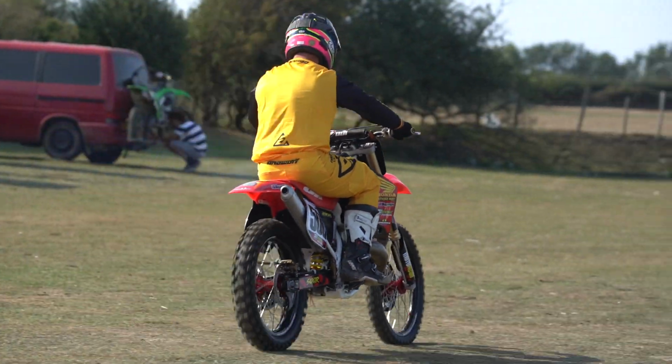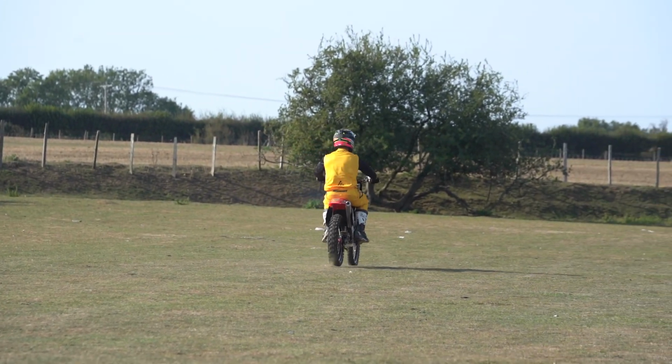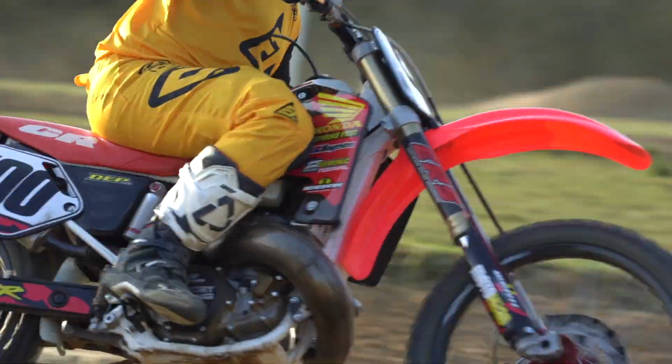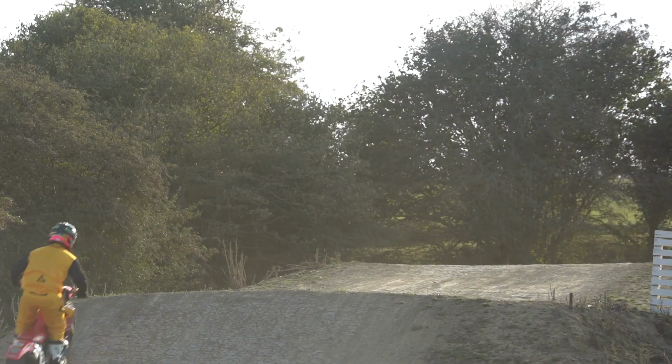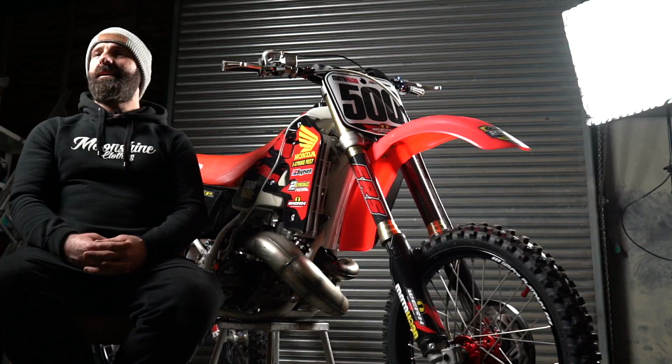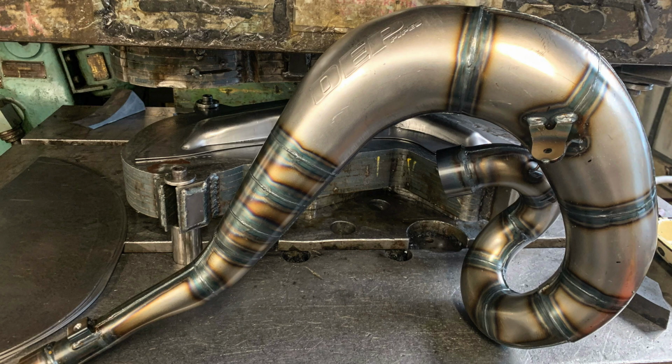I can feel a bit more comfortable there, and the rear shock's a bit soft, or maybe I can change the gearing, and I can definitely work this gearbox a little bit differently from the way it was working around the track. And then the guys at DEP made me a trick front pipe and a nice silencer,